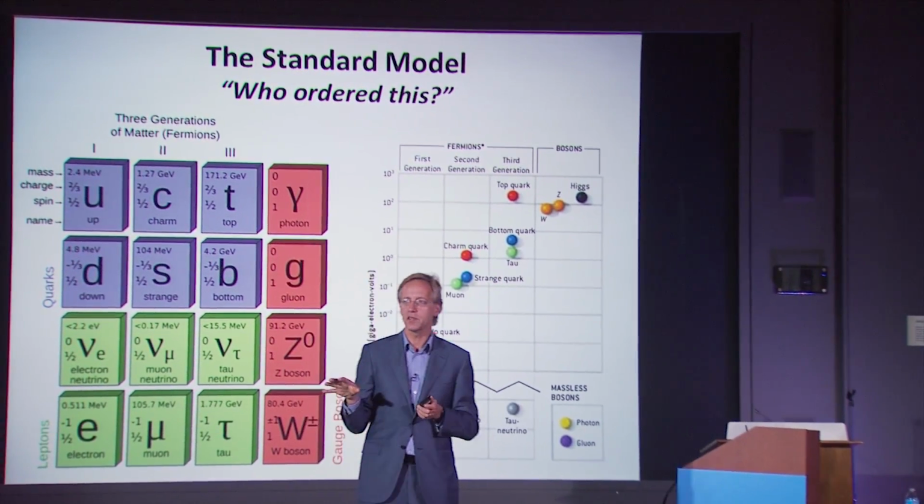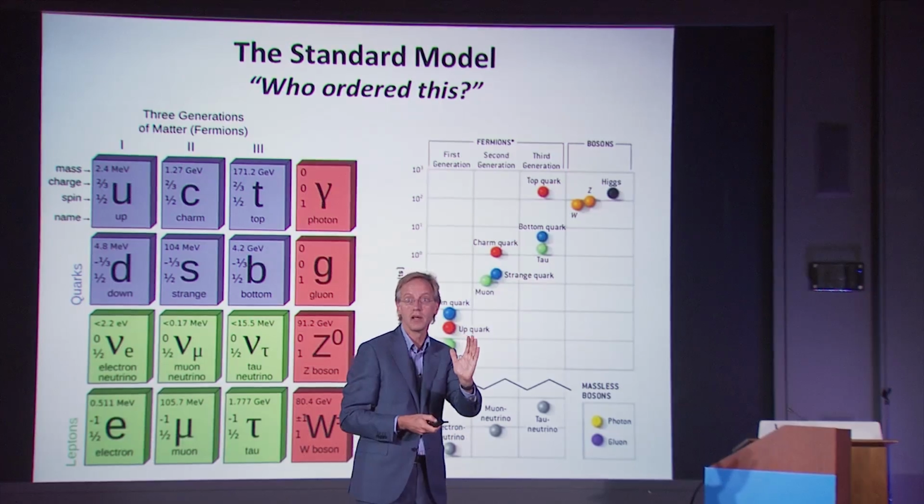And then the second question is, okay, so tell me more about it. Tell me more about the parameters, about the properties, why this particular group. And then you get this famous question that once was asked when the muon was discovered: who ordered this? Why these particular particles? Why these masses? Why these properties? Why does every matter come in a family? And why do we have three of these families, roughly small, medium, large?